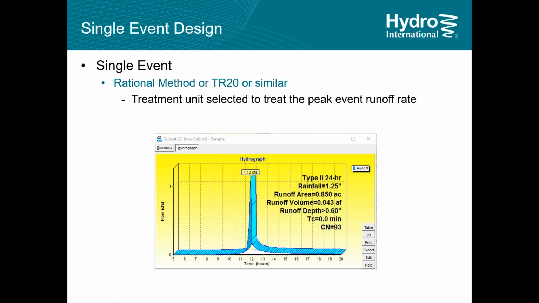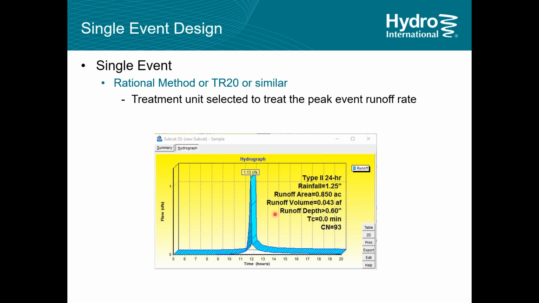So if we look at the single event sizing and what it actually does, it's just that. We take, say, the rational method or TR20 or TR55, and you put the area in, and you work out what your peak runoff is for your design storm. In this case, it might be 1.13 CFS for this 0.85 acres. Now, if you remember the